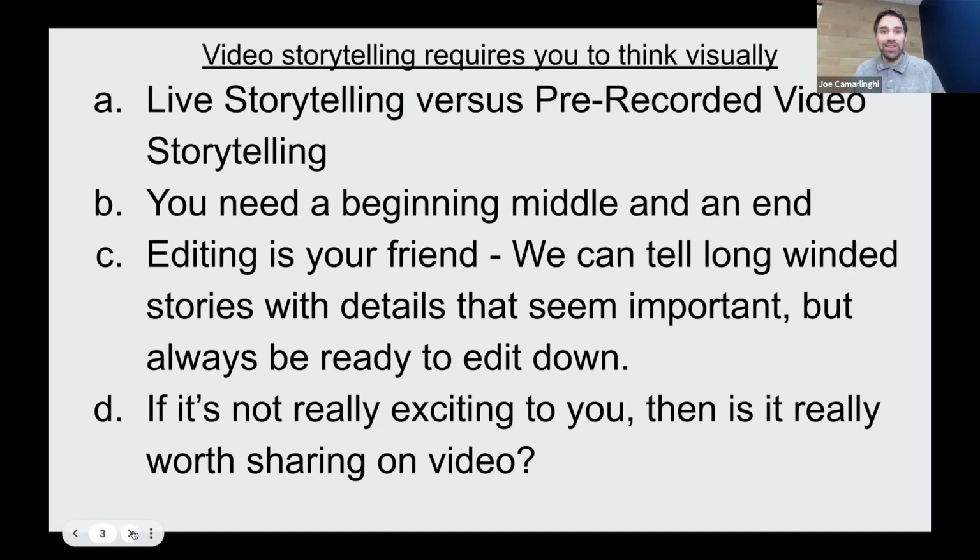I don't know if you've heard that industry term, but in journalism and in broadcast TV, you don't get a lot of time. Often I would get two, maybe three minutes for a story that I would do on the news, and that was considered long. That's like a feature story. A lot of them were 30 seconds, a minute, and you're trying to cut things down. I'm not necessarily saying you're always trying to get to that number, but how can you edit and cut down? And then I bring up the point: if it's not really exciting to you, is it worth sharing